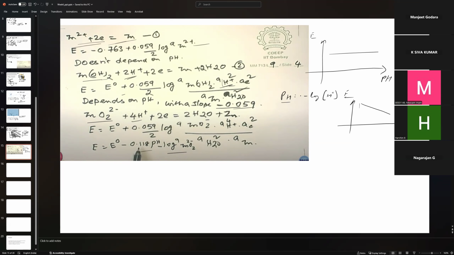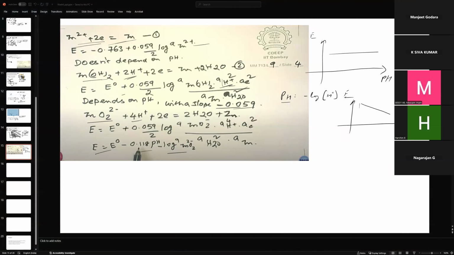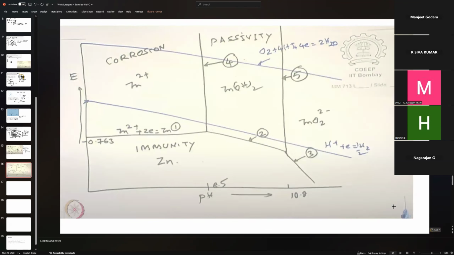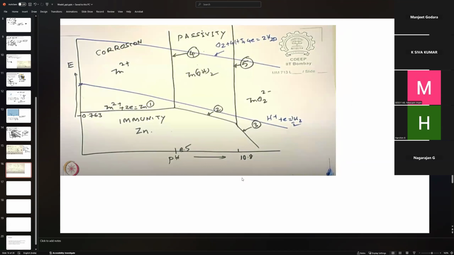Both of these will affect the standard reduction potential. So depending on different pHs,